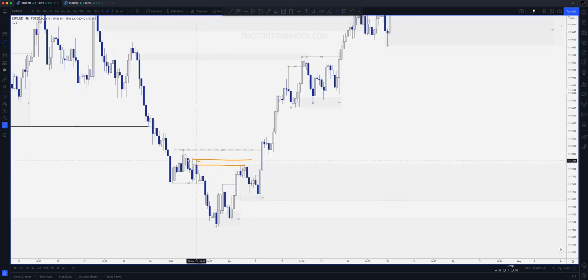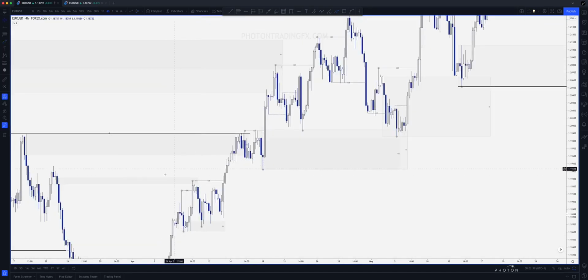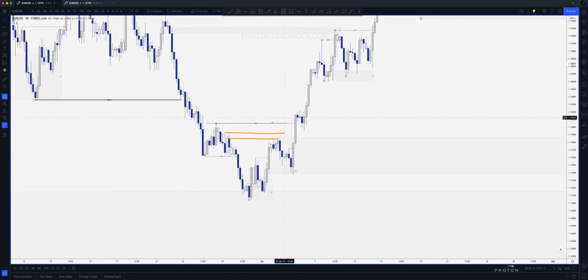So at this point, I believe this was a daily inside bar candle as well. It's likely there's a lot of 4 hour supply within here, but we don't always have to know the exact candle, the exact area in which price is going to react, because we just wait for price to show us the way. So when you start to see that 4 hour change of character, you would see in the 15-minute chart starting to switch bearish, then we can look left and go, okay, well, actually,